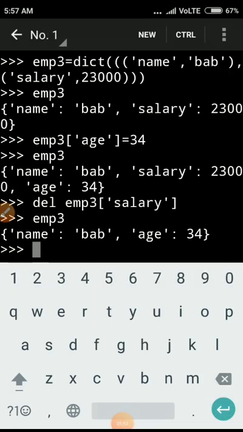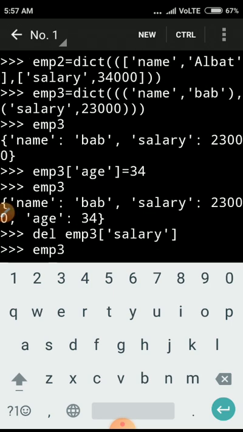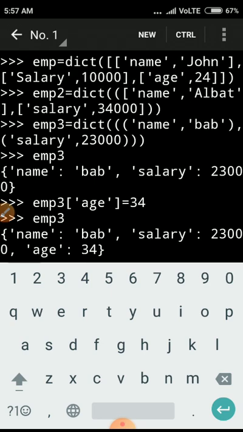Next, how to update the elements of the dictionary. Previously I showed you how to create the dictionary in different ways, either with the dict constructor or with square brackets or simple curly brackets. Now if we want to update the elements, suppose I want to add some new elements or delete previous ones, we use the same thing.